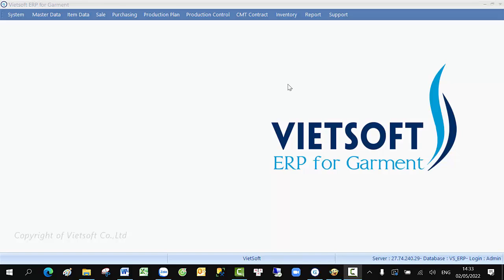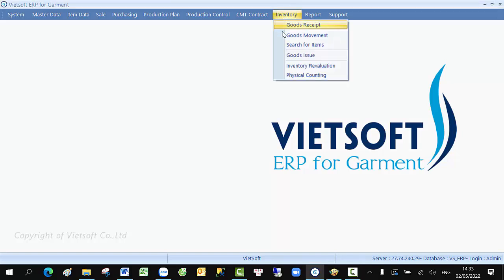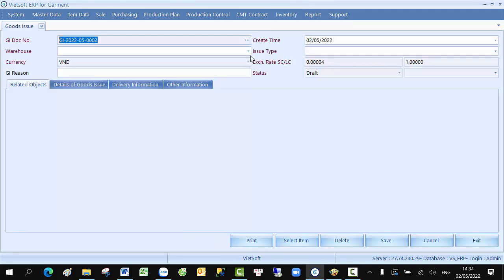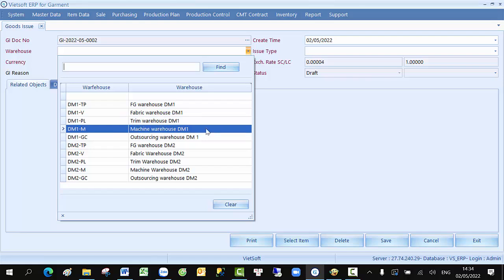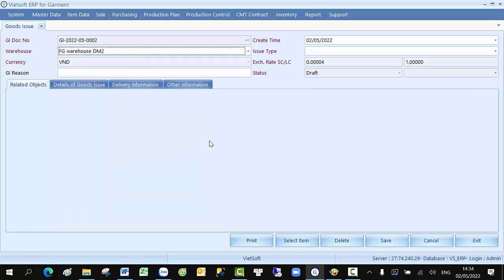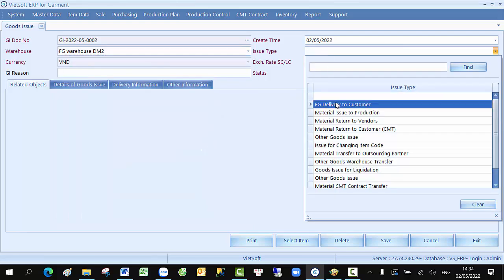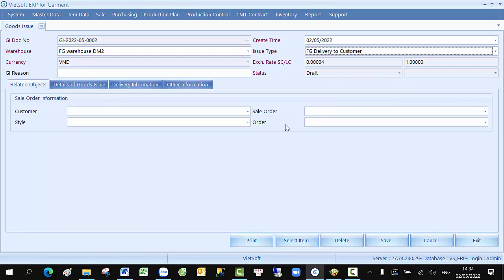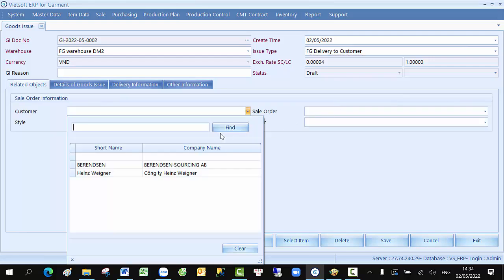Now we do delivery finished goods to the customer. You go to menu inventory then select goods issue. In this interface, you select warehouse, then select issue type as finished goods delivery to customer. In the first tab, you select customer,